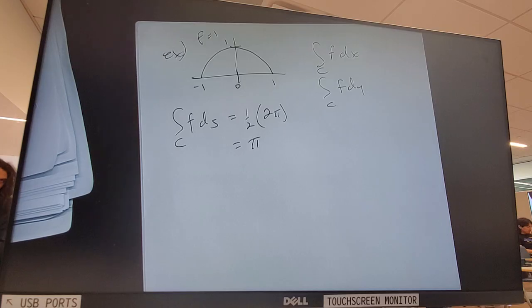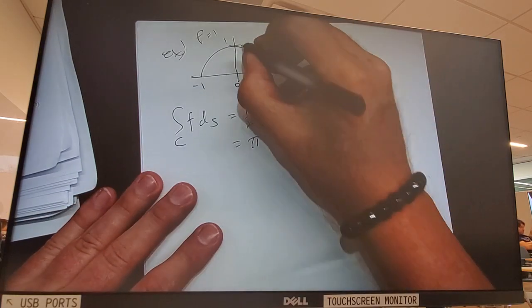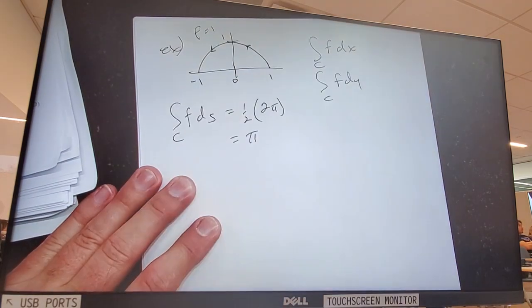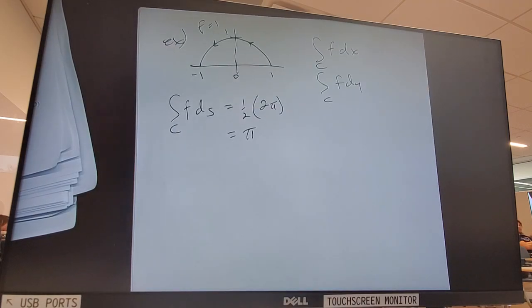Okay, let me stop for a minute. Is everybody with me? If I do the integral over the curve of f dx, that will only consider motion in the x direction. This is kind of my fault, but let me put these on here. I'm going this way, yes? That's what I inherently mean. You'll see why later that's the default, to think it's going that way. It's kind of the convention.